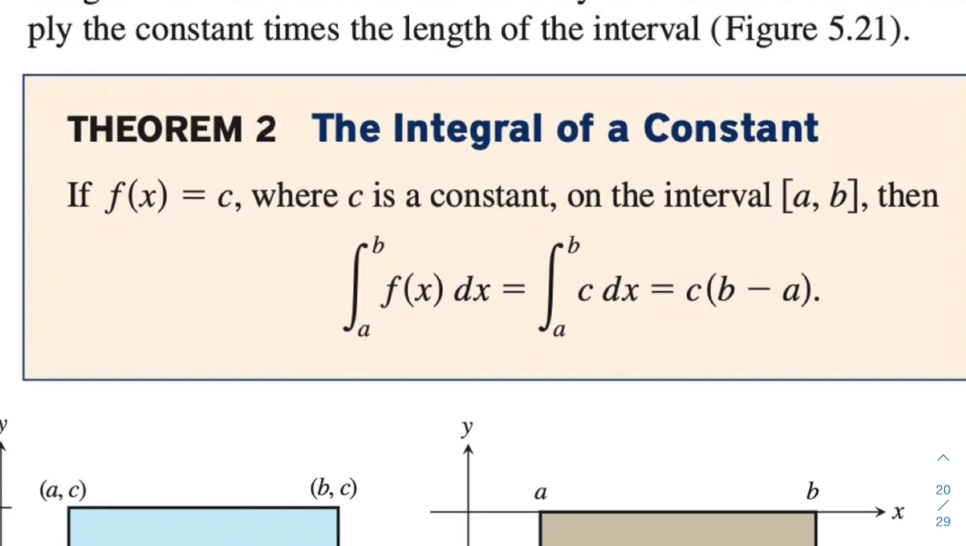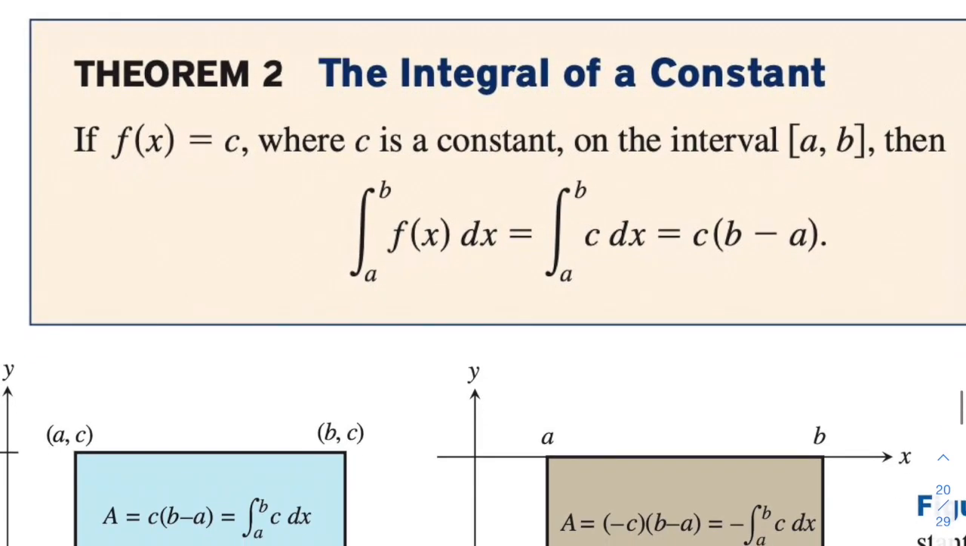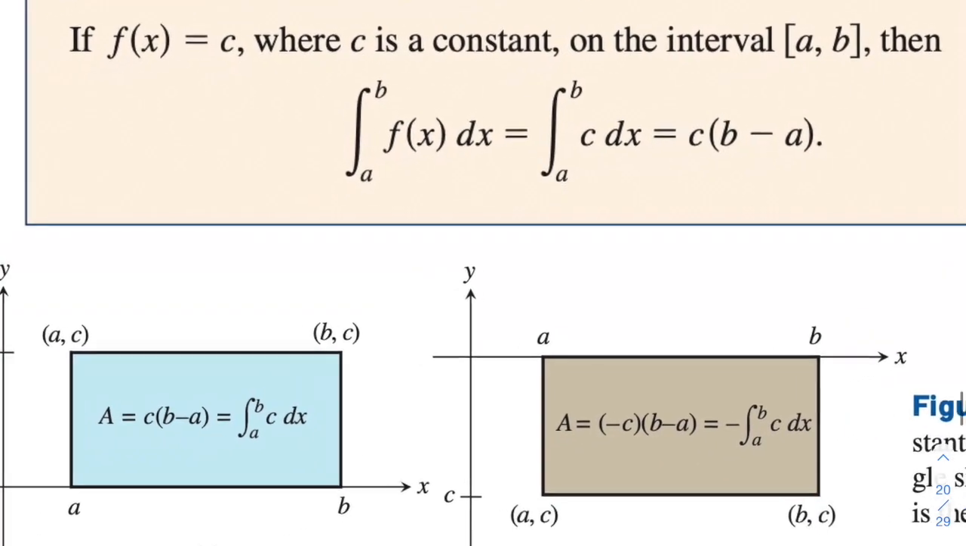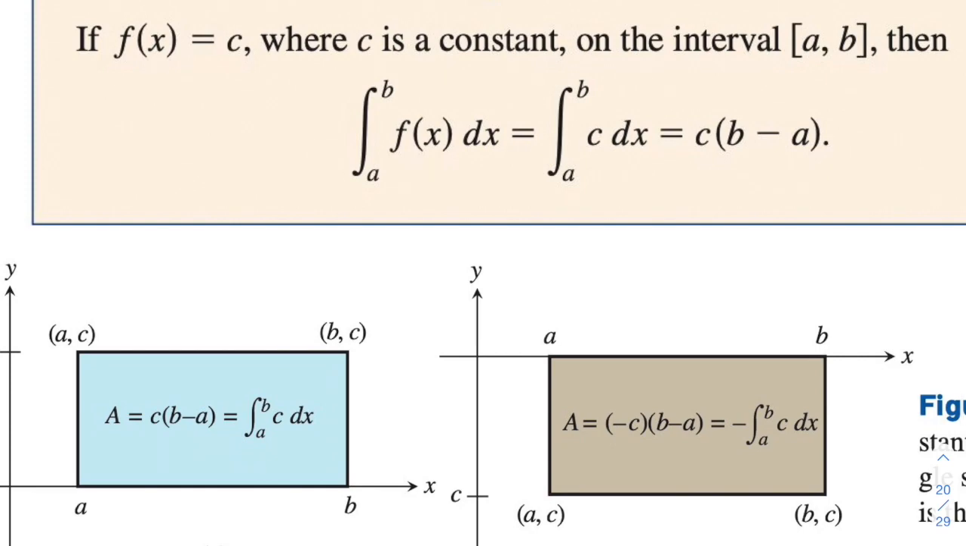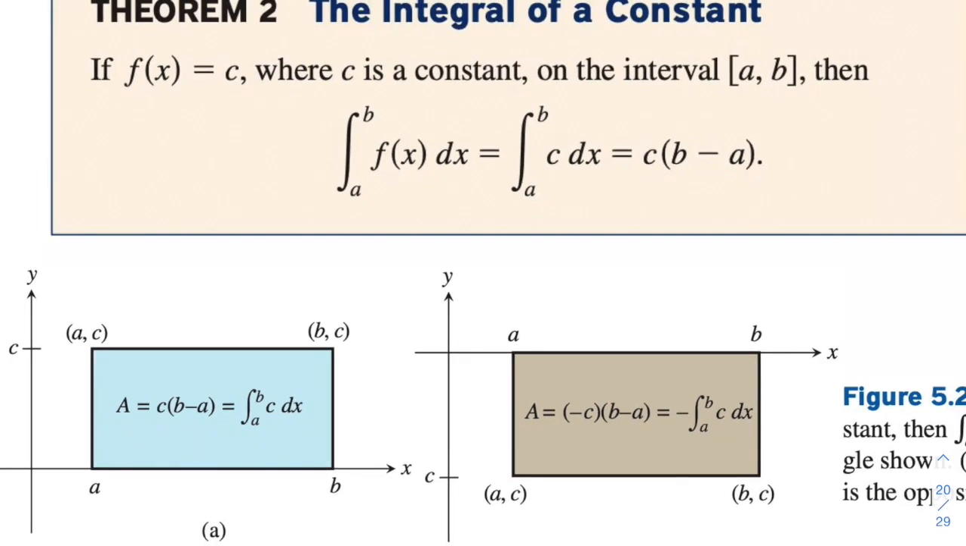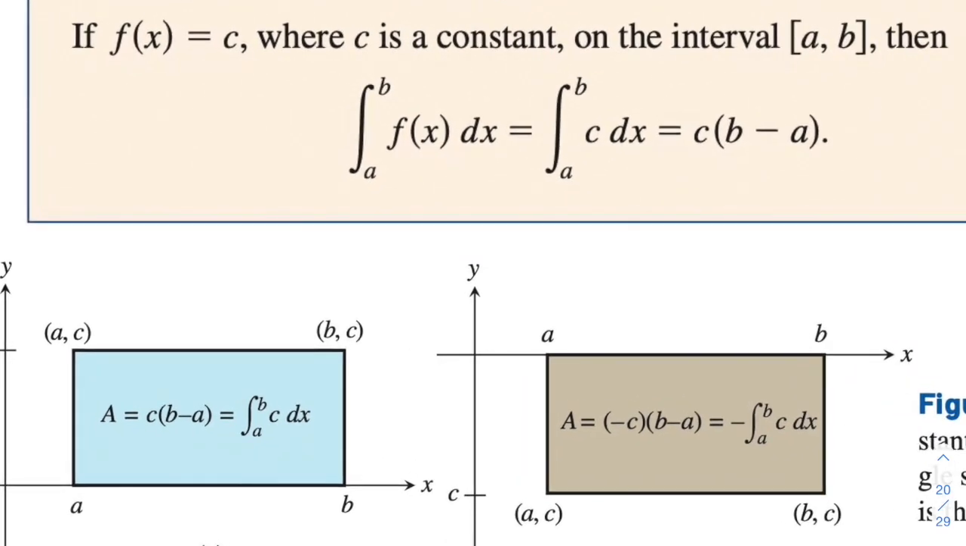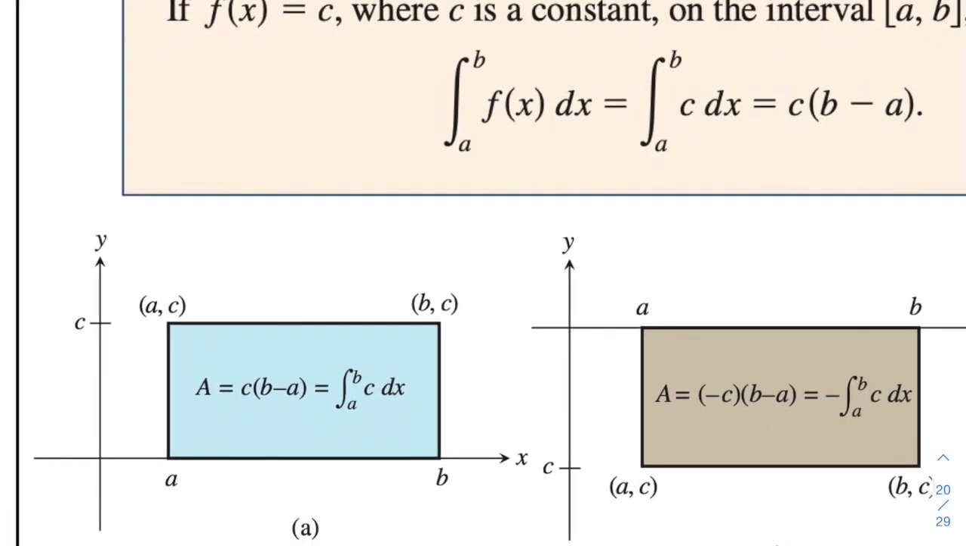Here's another example of that happening where C is either positive or negative. If you have a constant, what's really cool is that it's a special rule for the constant only, because a constant helps you make a rectangle. If you go from here to here and you have a constant function, well, it's just going to be that